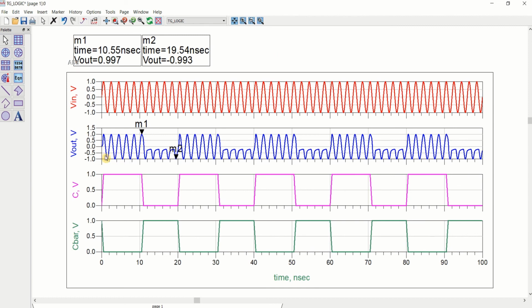That means up to this point it is passing the output. Even though the signal is continuous, it is passing only up to this. Whenever the control signal is high, it is allowing up to here. After that, this state is called the high impedance state. Again, whenever the clock signal goes high or the control is high, the signal is passed through it.